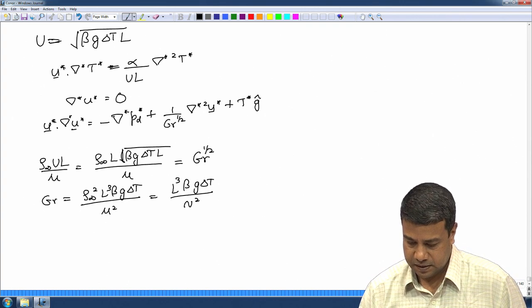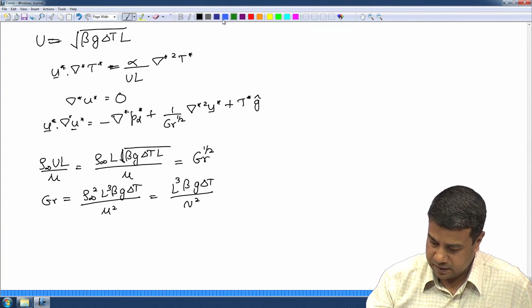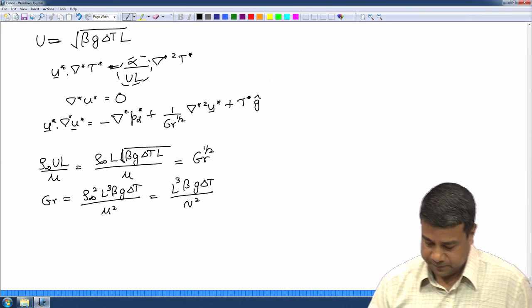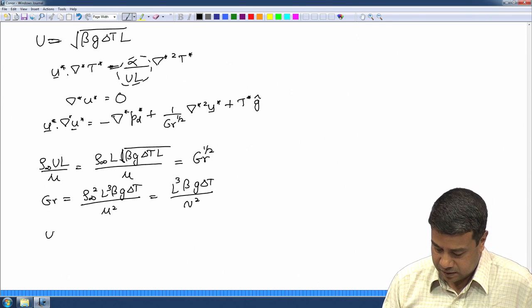This second number here is the inverse of a Peclet number based upon this characteristic velocity due to the natural convection, due to the temperature change. This number here u L by alpha